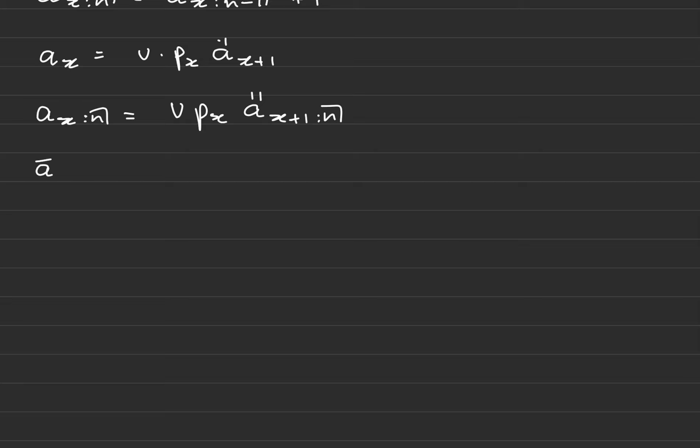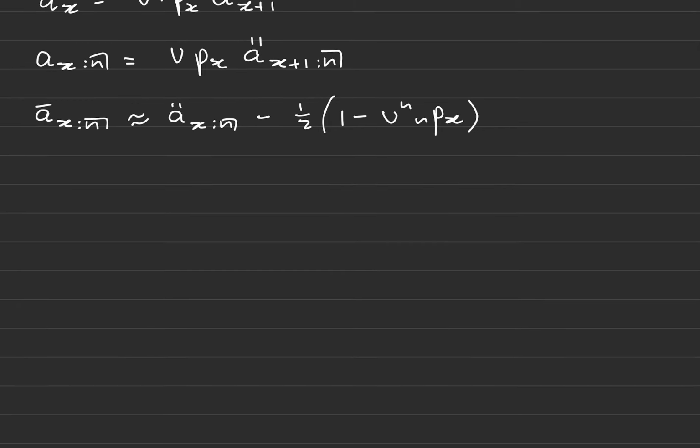Okay, then a lot of these annuity approximations. So first of all, a continuously payable temporary annuity is equal to a temporary annuity paid in arrears minus 1/2 into (1 minus v^n nPx). This should actually be more like that, okay? Then I have